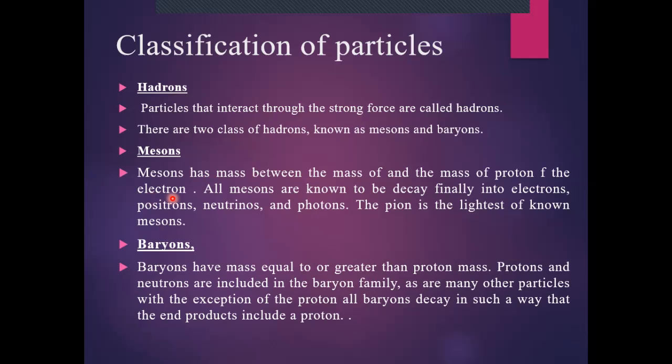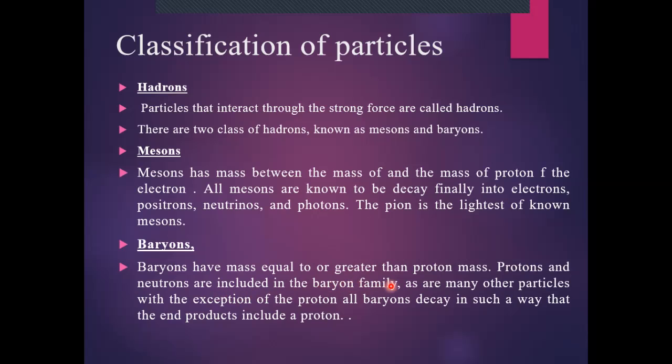So it means that their mass is less than the mass of proton. And all the mesons are known to decay finally into electrons, positrons, neutrinos, and photons. The pion is the lightest of the known mesons. Then the second classification of hadron particles is the baryons. Baryons are the particles whose mass is either equal to or greater than the proton's mass,